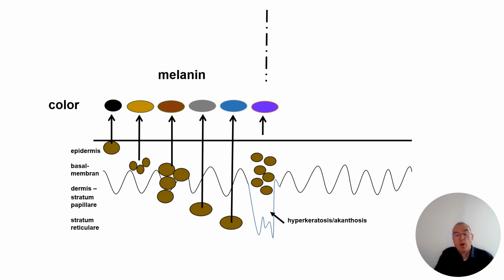So melanin, where is melanin located? Either in the area of the basal membrane, or in the epidermis, or in the dermis. When the melanin is at a higher level, closer to the surface, we see it much more clearly. When it goes deeper into the skin, in the upper part of the dermis, we get a little bit grayish or bluish veil from the melanin, based on the scattered light. So I show you examples.